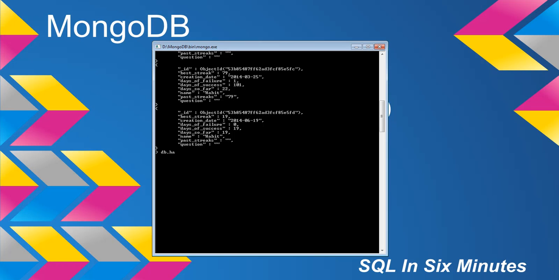So we'll do db.habs, and then we'll do update. The first thing I'm going to do is establish my where clause here. I'm going to say best streak, and in my where clause, I'm going to say greater than 0. Next, I'm going to actually do the increment here, and I'm going to pass in the increment operator,